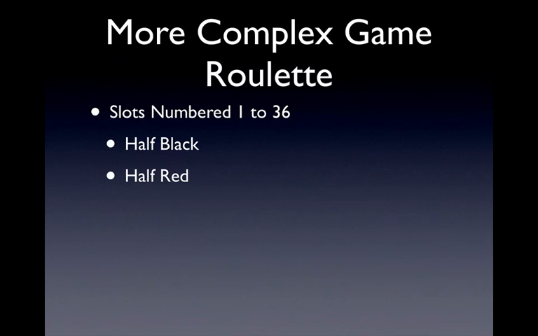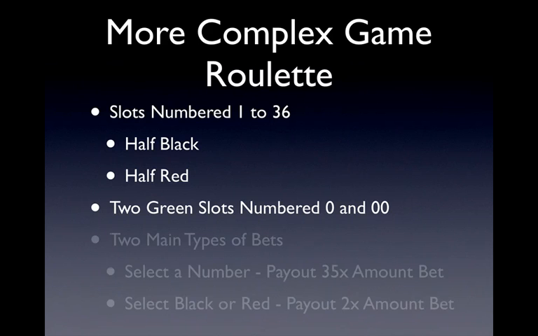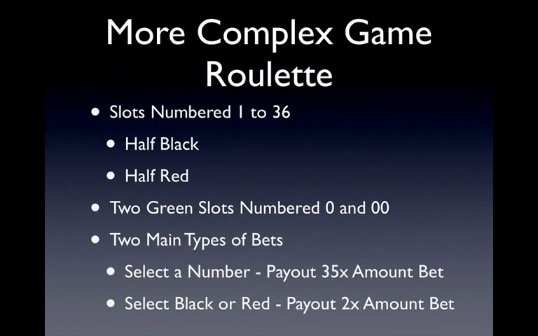To drive home this point, consider the expected value of a roulette wheel from the perspective of the house. A roulette wheel has slots numbered 1 to 36, half of which are colored black and the other half red. There are 2 additional slots numbered 0 and 00 colored green for a total of 38 slots. There are 2 main types of bets that can be made at a roulette wheel. In the first type of bet, the gambler picks a number from 1 to 36, and if that number comes